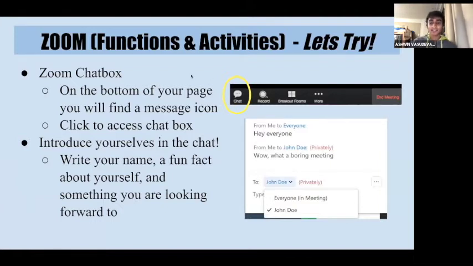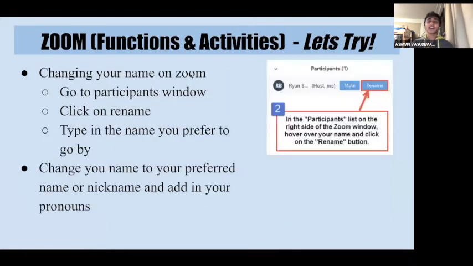Okay, so let's move on to the next one. Okay, so the next one is changing your name on Zoom. So this is also important if you go by your nickname or some other name. So to change your name, if you go to your screen and you see your picture, on the side there's a little button with 3 dots on it. If you click it, you could click rename. So we'll all take a second to,